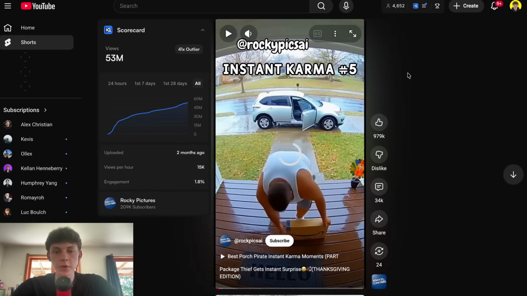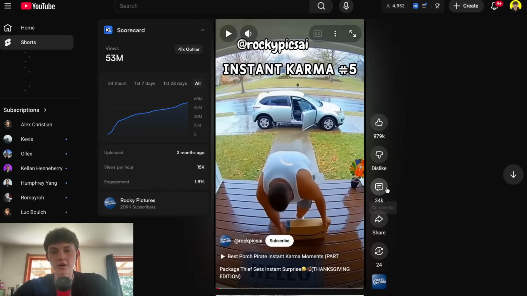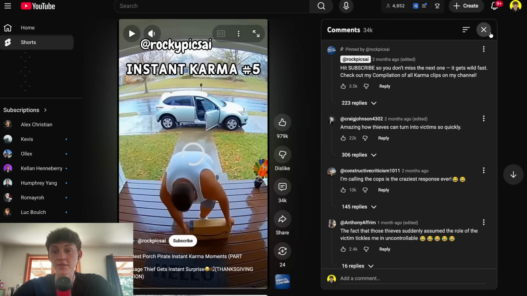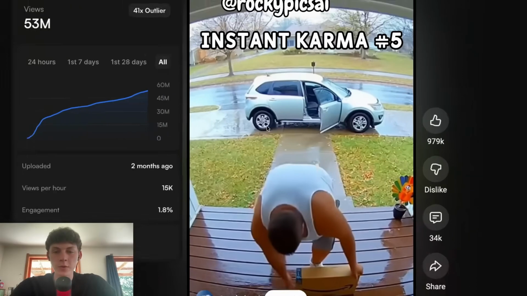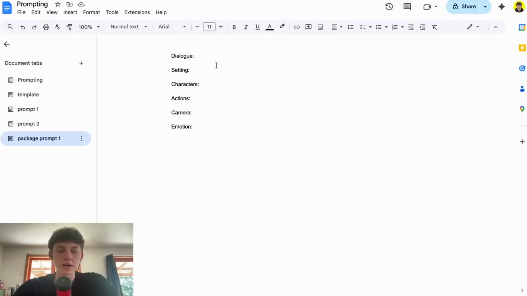And by the way, when you're posting your videos, make sure to zoom it in by like 2%. Otherwise you get this black line, which clearly gives away that it's Sora. But apparently no one in the comments even realizes it because of how realistic it looks. So let's do it for ourselves. And by the way, why is he parked on the footpath? That's so weird. So for dialogue, I'll write, after the package explodes.